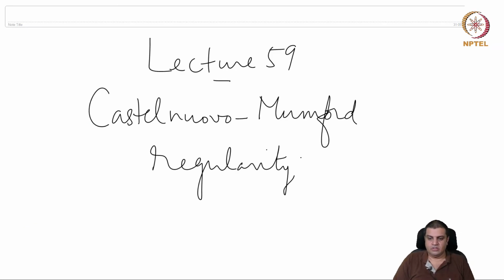So, in this lecture and in the next, we will discuss Castelnuovo-Mumford regularity, which is another numerical invariant of a module that we see from a free resolution. There are other ways of seeing it. The original definitions were different. What we are using is an equivalent definition. Okay, so we will again work with polynomial rings